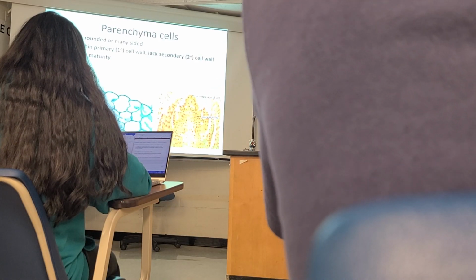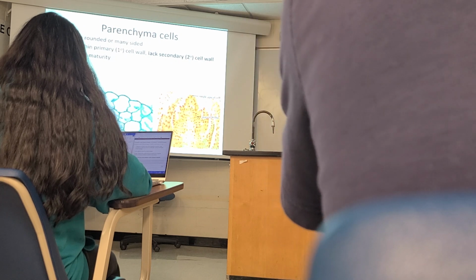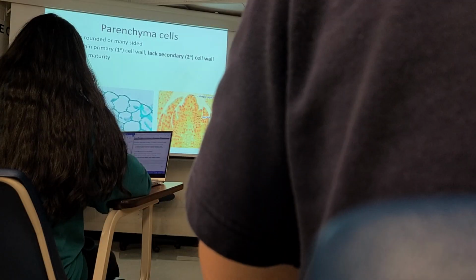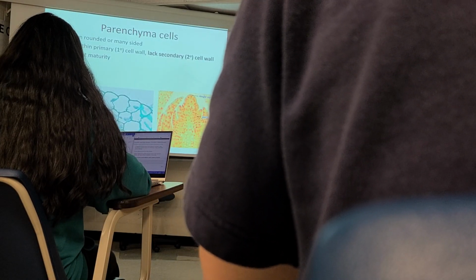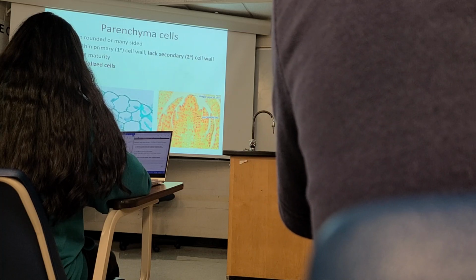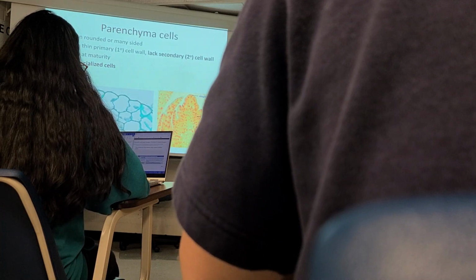But plants are actually going to have some cells in them that aren't living, or that are semi-alive, and can still function perfectly fine. And we'll talk about what those are later. These, though, are going to be alive and fully functioning cells. They also are what we classify as being unspecialized. Now, unspecialized means that they do not have a special structure or form that allows them to do a special job, right? So like I said, these later cells, we're going to talk about the ones that are tube-shaped,